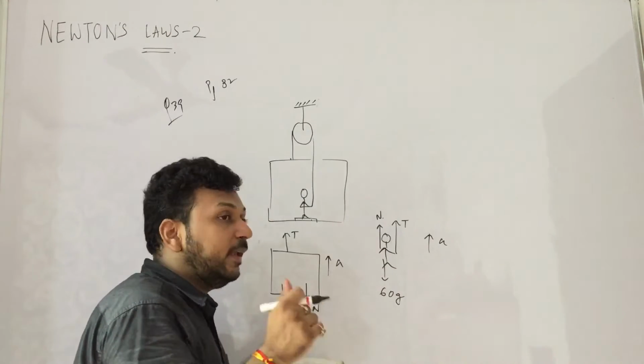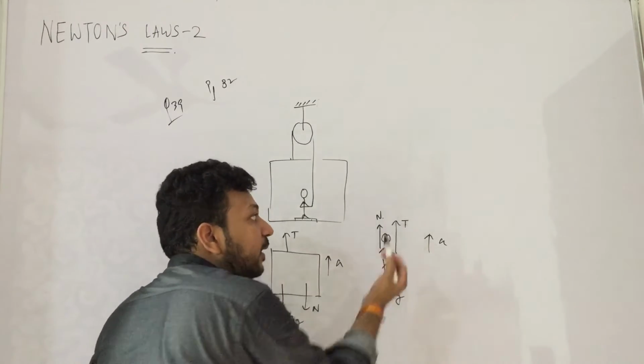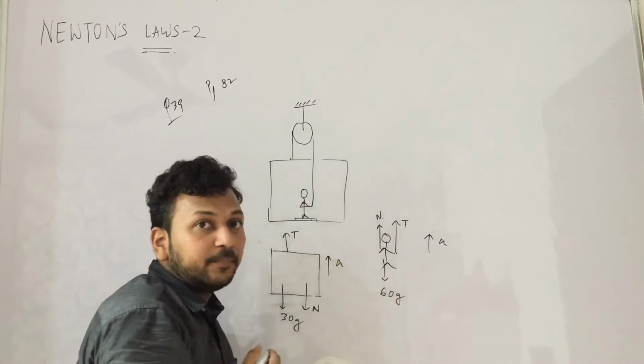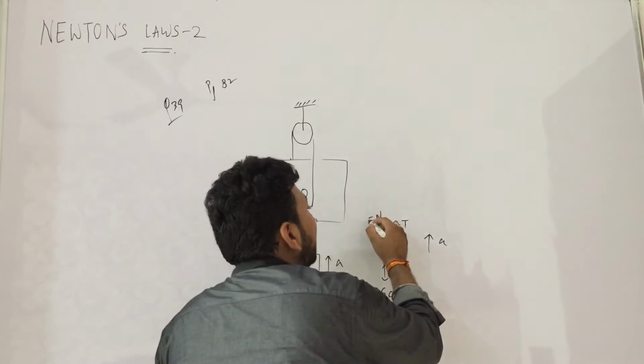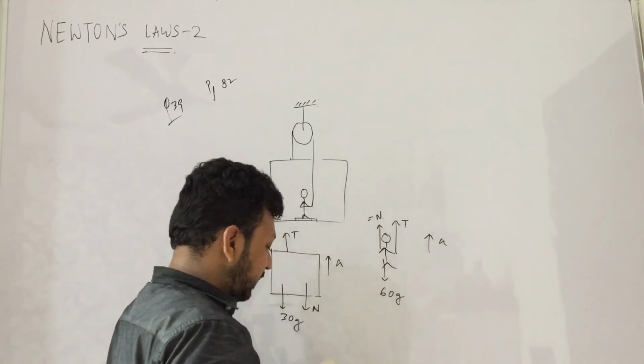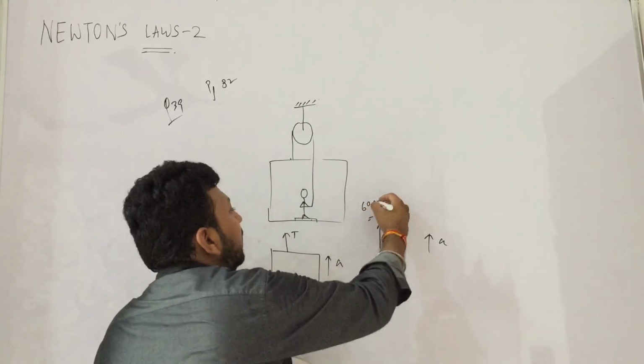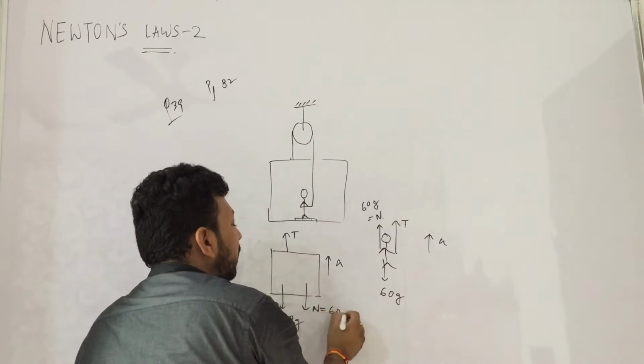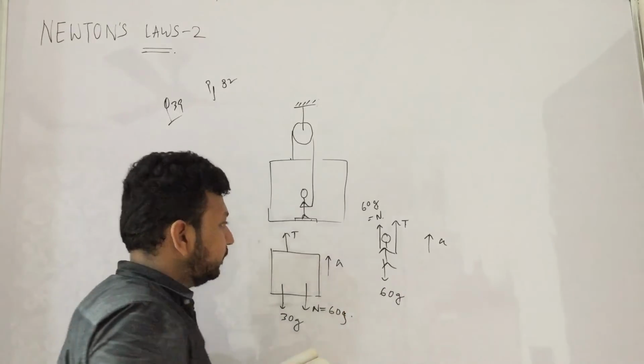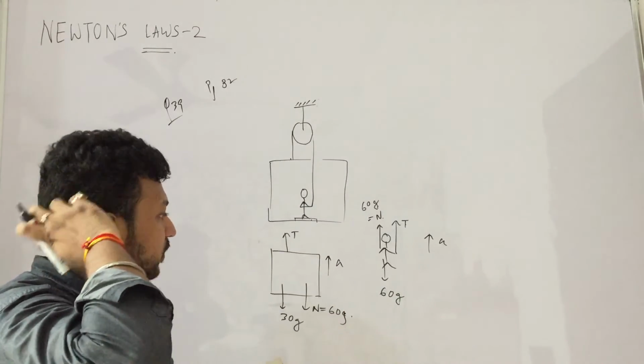So I am considering he is putting a different force on the string. That's why there is an acceleration. And in the question it is given that actual weight is being shown. Actual weight is 60 kg, right? So N becomes 60g, because N only is the measure of what is shown in the weighing machine. So this is how it goes, right?